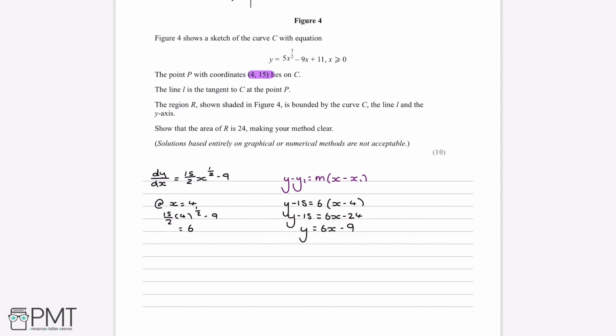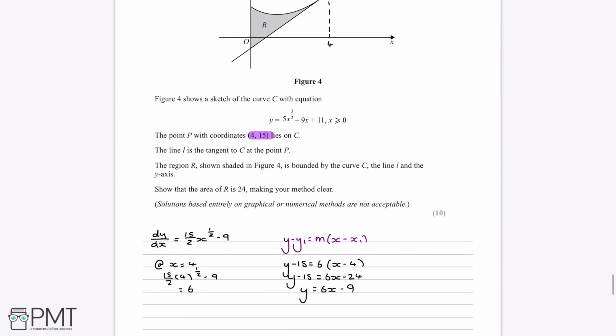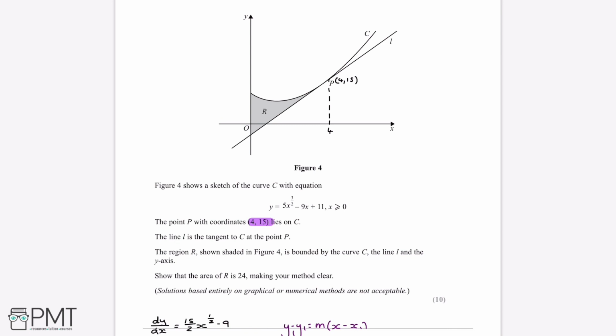So we now have the equation of the line L and the curve C. And what we can do with these two equations is we can actually integrate. So if we look back up at the graph from before, we know that integrating is finding the area under a curve. So if we integrated between 0 and 4 for the curve C, we would actually get this area under here. And similarly, if we integrated between 0 and 4 but for the line L, we would get